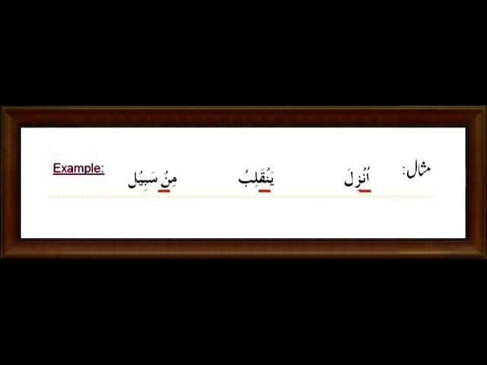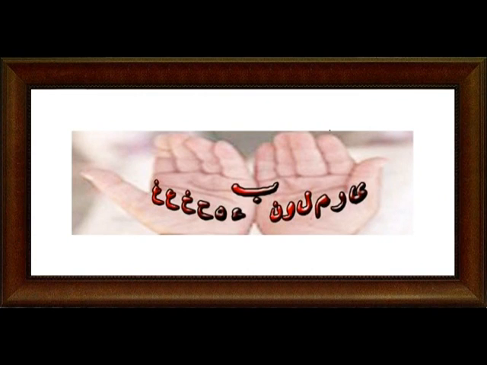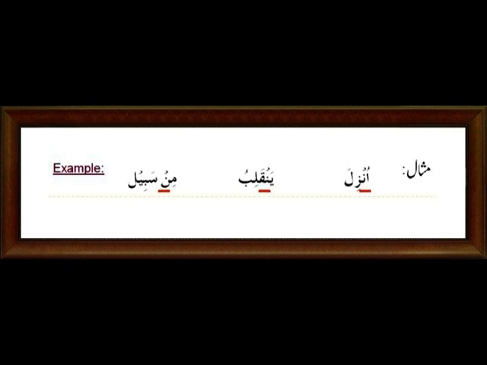Unzila. Now moving on to the second example, we have the word yanqalibu. Whenever we see a nun sakin, again, we look at the letter that comes after it. In this case, we have a qaf. If we look at the letters in this picture, the huruf yarmalun, huruf halki, and ba, we will notice that the qaf is not from any one of these letters. Therefore, we have to pronounce that nun sakin by suppressing the sound or by prolonging it for 2 seconds. Therefore, we pronounce this word as yanqalibu,